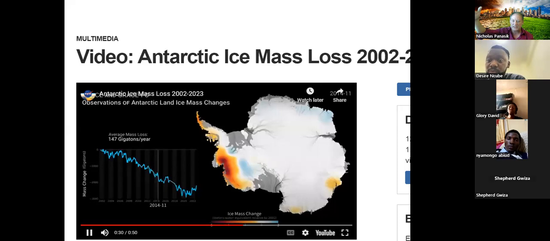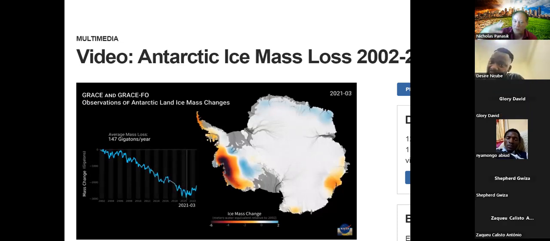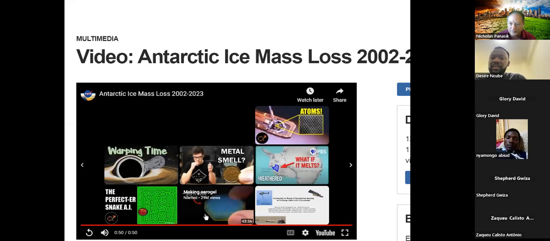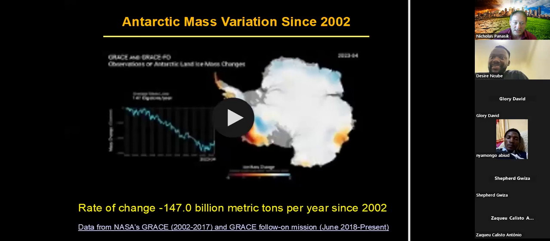Now the Antarctic is in the southern hemisphere. So if it's warming, we might expect melting. Would we expect more melting in the southern hemisphere or the northern hemisphere? The northern hemisphere. So we would expect that while we're seeing 147 gigatons per year in the southern hemisphere in Antarctica, now the